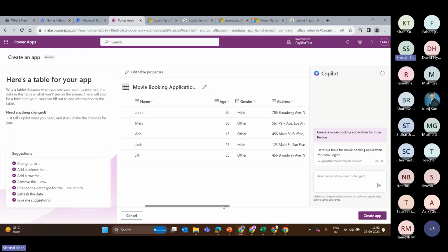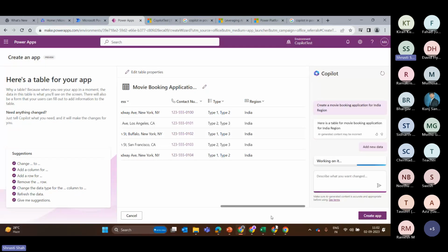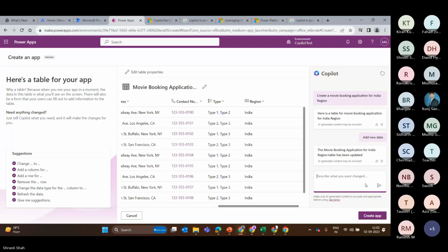What I can do is, let me just add a few more things. I want to add new data, so I will just write add new data. Let's see if it adds or not. And then we'll add a more precise prompt. Okay. So it added some more data. And as you can see, the data is